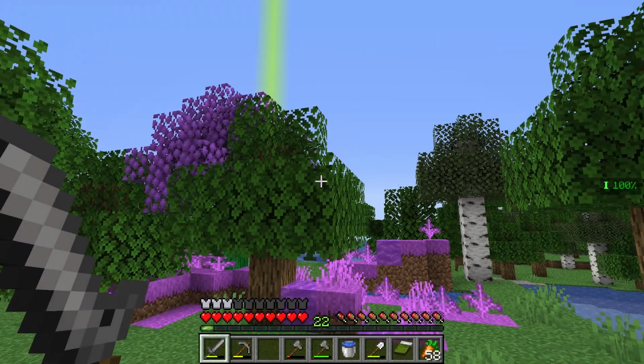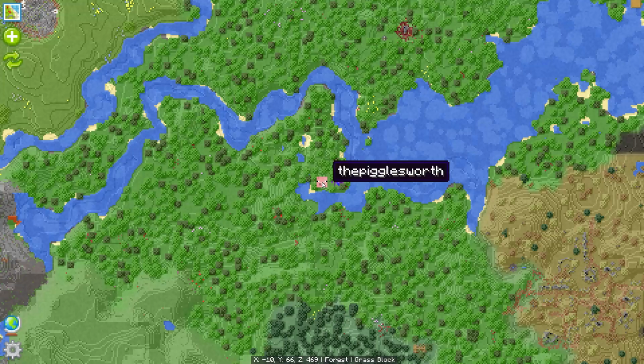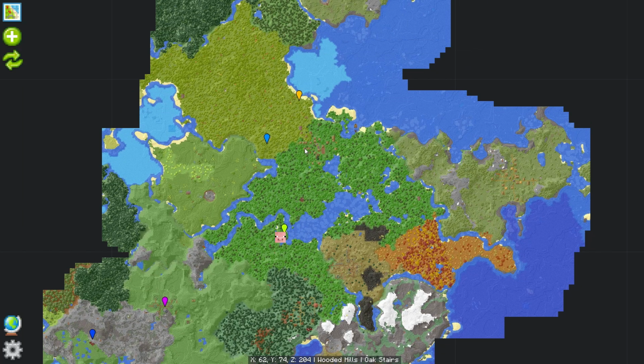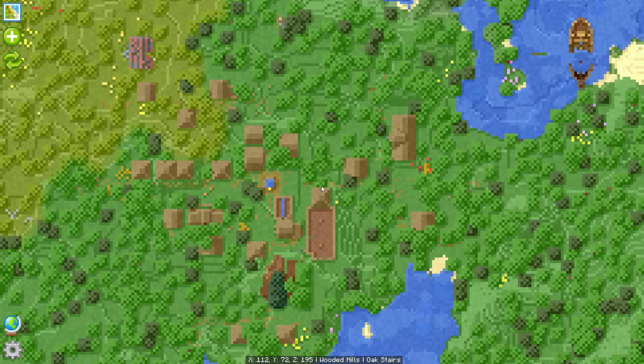So I have run all the way back out here. I marked this spot earlier as I was investigating the map. I'll show you the map. The map right here. Looky here. I think this is, yeah, this is our village. We can see, well,